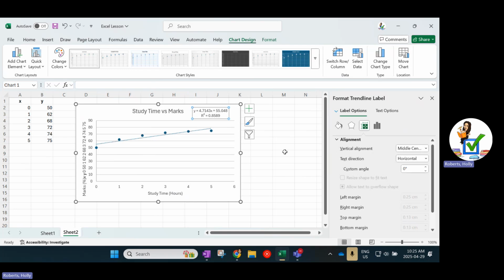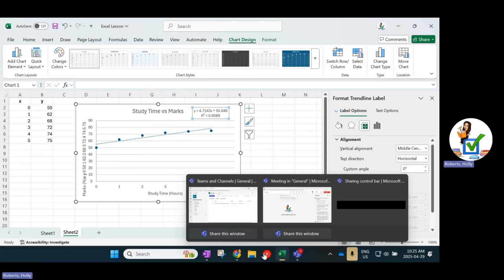You still need to know how to do those by hand because you won't be using technology on your test. You'll have to show your work and give me the equations and your R squared values, but that is how we would do it by using technology. So if I go back to the note,